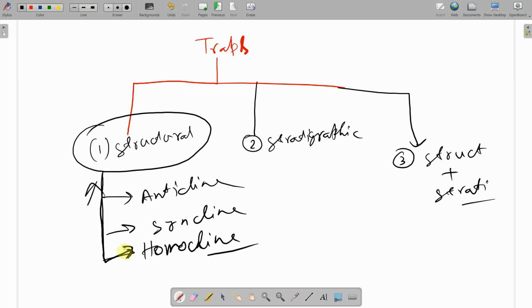Yes, fault could be a structural trap also. I'll come to that. It's a good point. Fault could be a structural trap also. Okay,